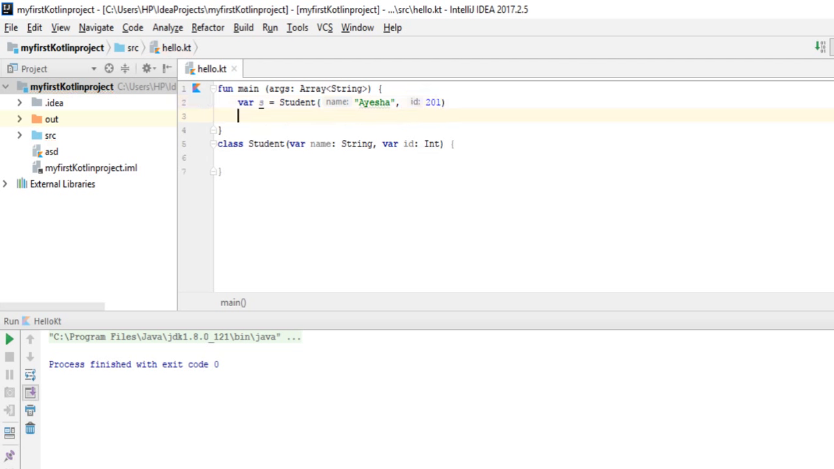Now we have created an object, and when you create an object, the constructor is automatically called. So this object will call the primary constructor. This primary constructor has two variables, name and id. So Aisha is assigned to name and 201 is assigned to id. It should be noted here, when you have string data type, then you have to use the name inside double quotation marks. Now I'm going to use a println statement